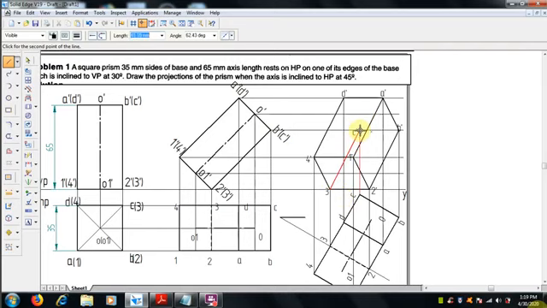So it should be a hidden line. So this is the logic. Like that, the C B is hidden, D C is hidden. So this is the final view after the inclination with VP.